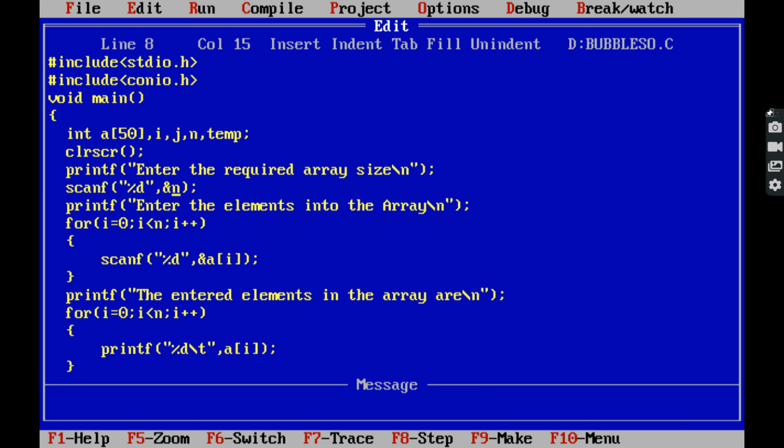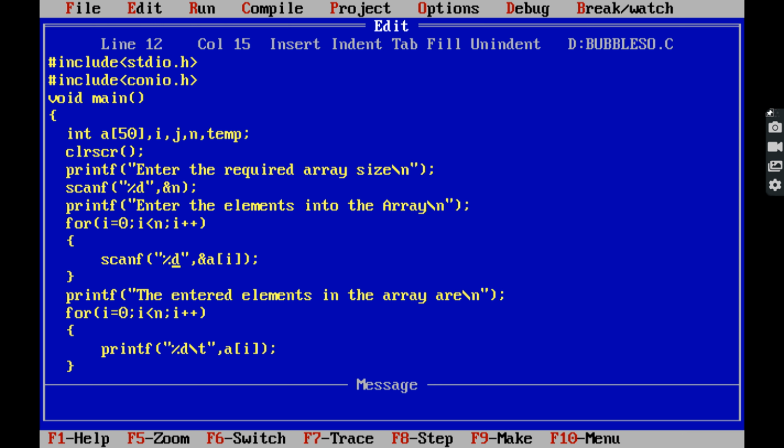Now, after taking the required array size, we enter the 6 array elements from the keyboard by using a for loop and scanf function. These 6 elements are stored in the array a of 0, a of 1, a of 2, a of 3, a of 4, a of 5. Array index starts with 0 and ends with n minus 1.